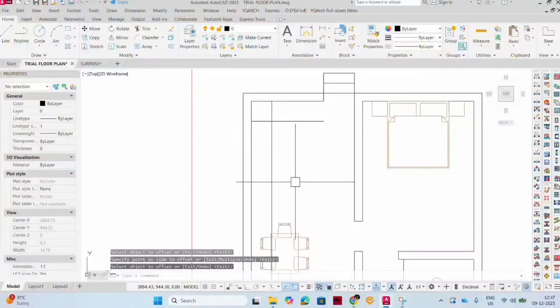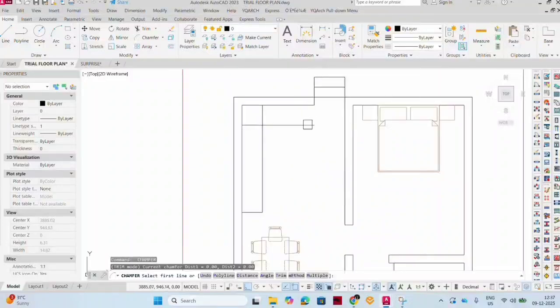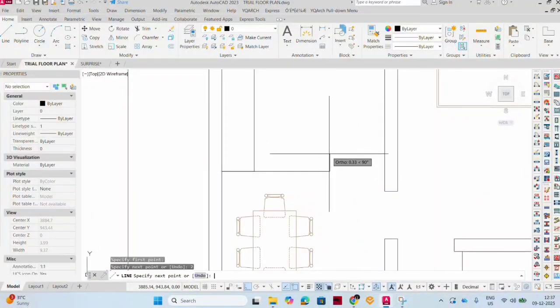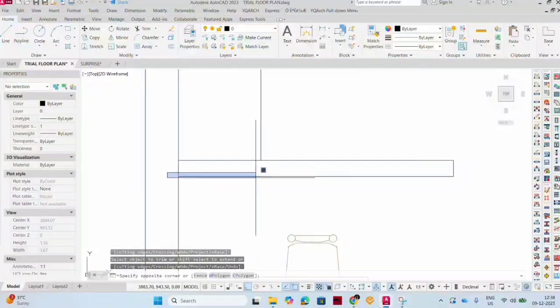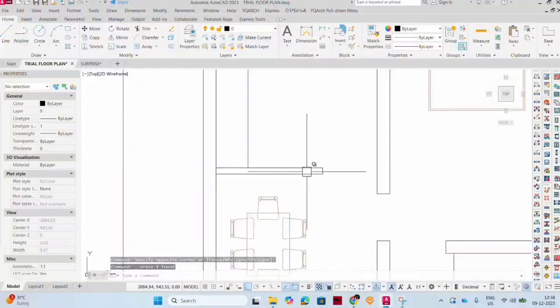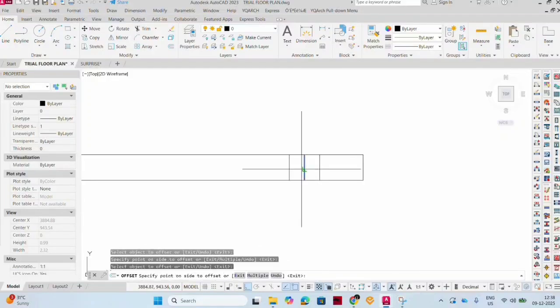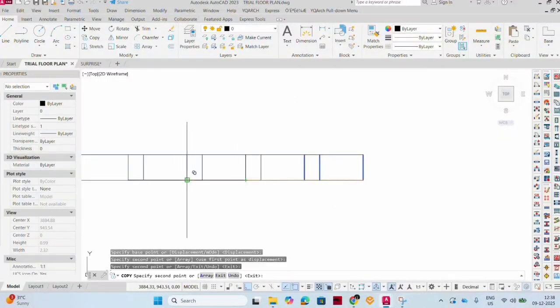And I forgot one thing, every tool has short keys. Not only clicking on the line tool, it's easy to type L and press enter, and we can draw the lines. And likewise, every tool has a short key like that, like offset we can enter O, enter, and M for move, like that,